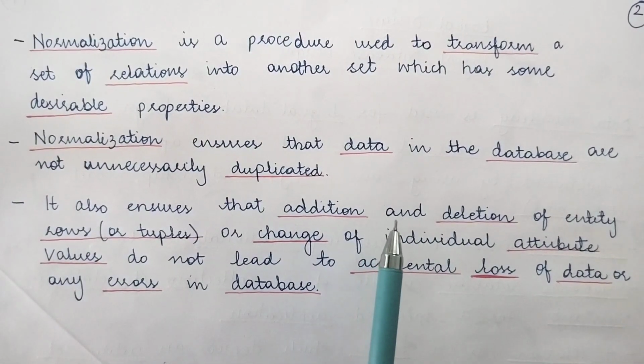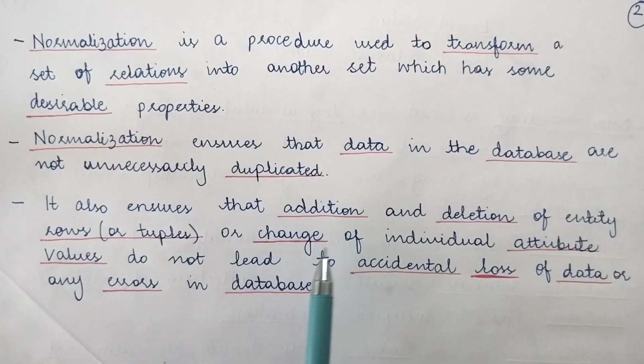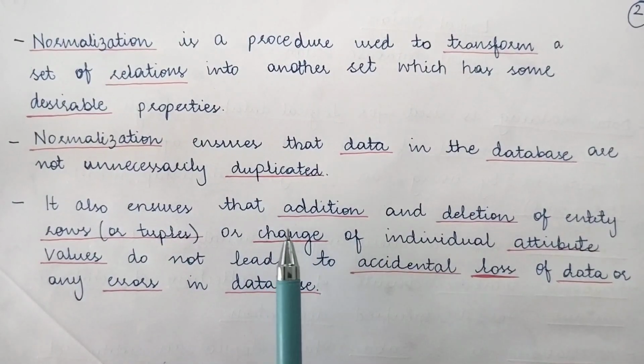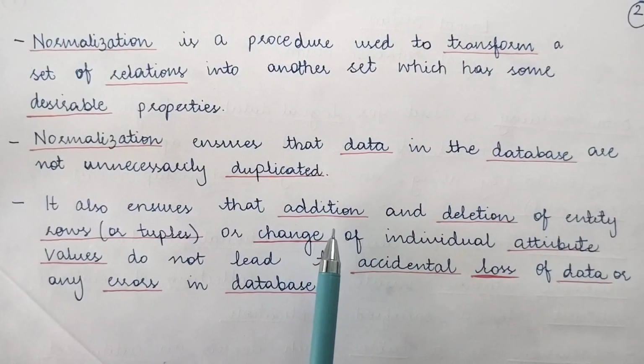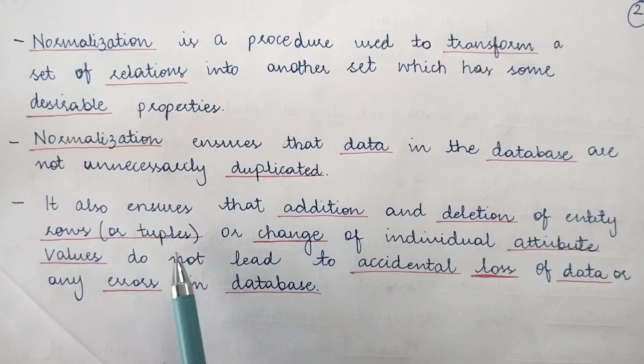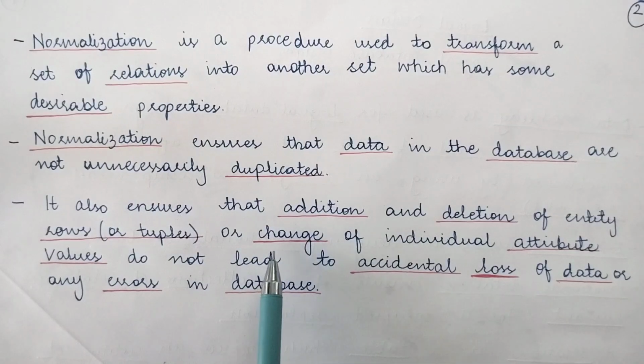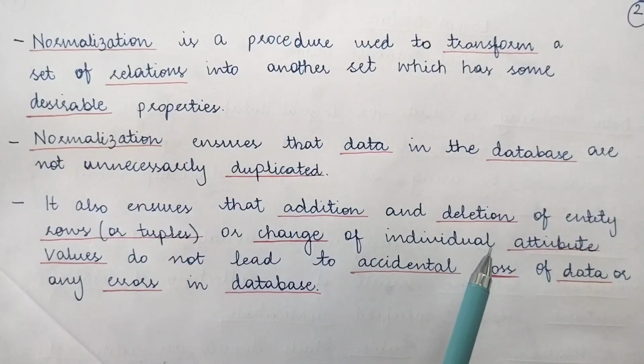So with the passage of time, we may need to add or delete records from a database. With the help of normalization, we can also ensure that whenever there is an addition or deletion of rows from the entity set or from the relation, or when there is a change in an individual attribute,